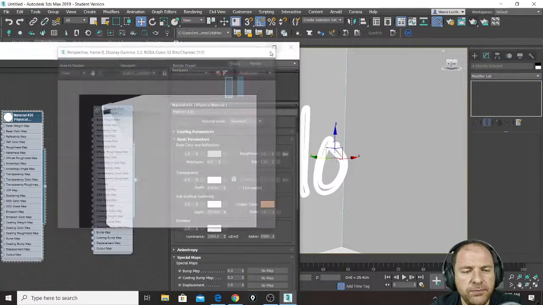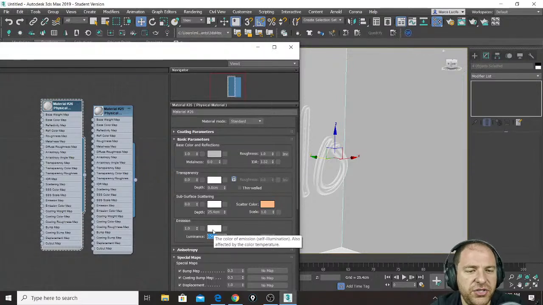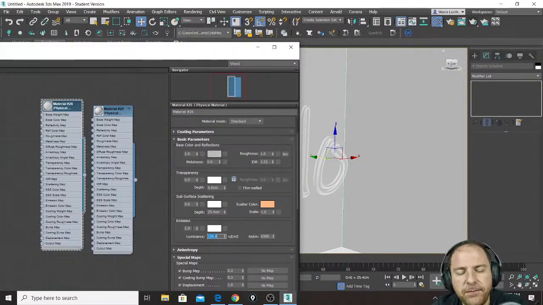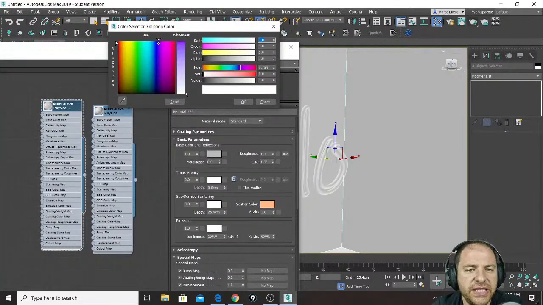too strong. So in my material, where I have emission, I can change a couple of things, and mainly luminance is the value of this light, so how bright it is. Let's say I will change it to 50 or 150. And also here where I see the color is where I can change the color. But emission also has the possibility to use a map, and I will show you in a second. But first of all, look,